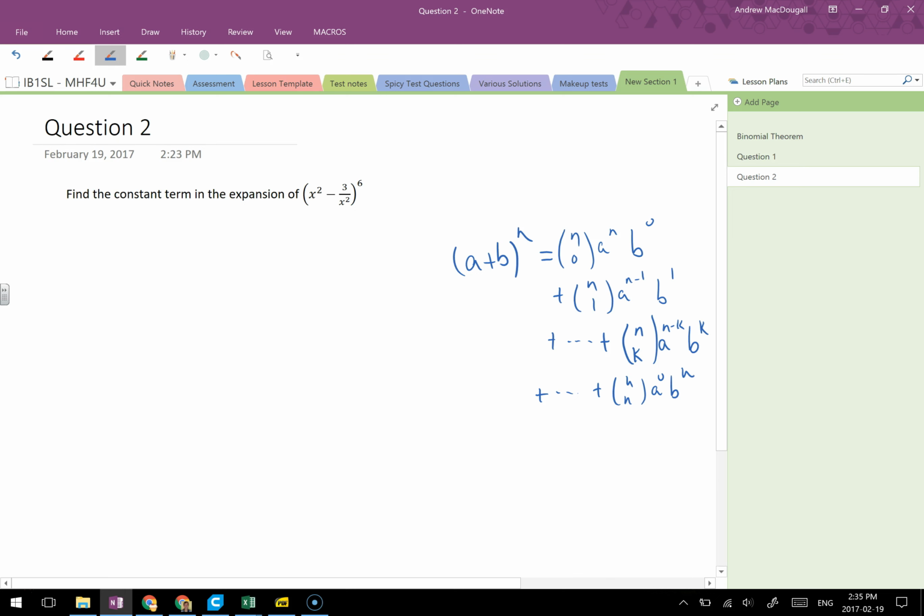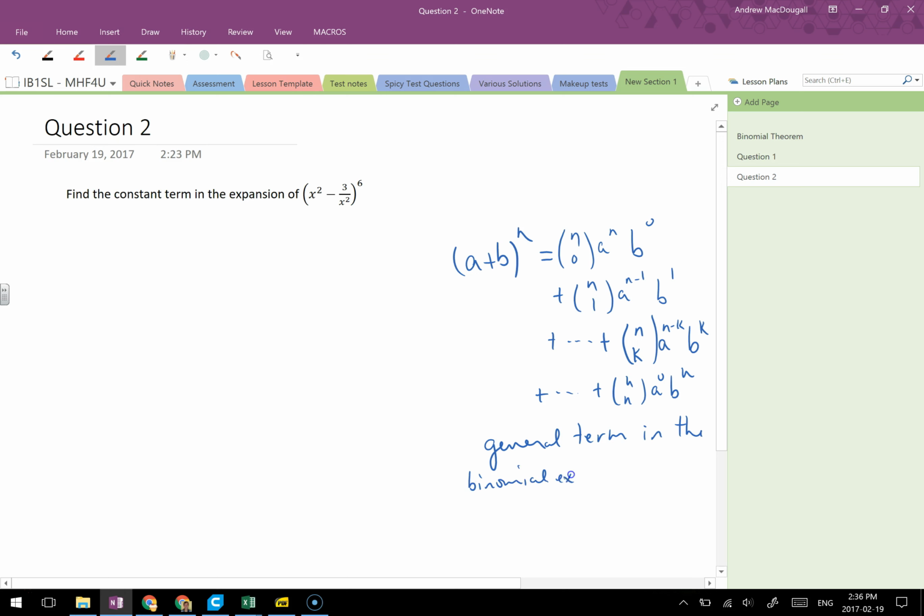So each term in the middle kind of looks like this. Kind of looks like n choose k, a to the n minus k, b to the k. That's sort of a general term in a binomial expansion. So we can even write that down as a rule, a general term in the